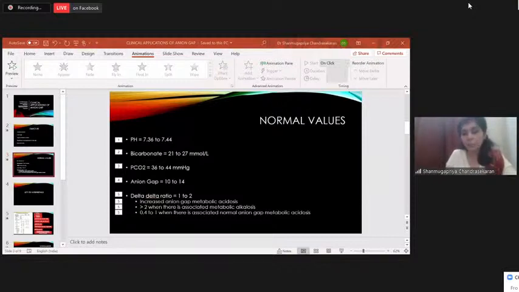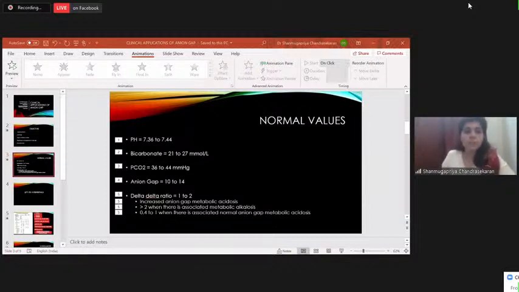And what are the 2 causes of drop in pH? There can be a drop in pH whenever there is a decrease in the bicarbonate level in the system, because you all know bicarbonate is a buffer which is supposed to buffer all acids. So suppose the body does not have enough bicarbonate, all metabolic acids accumulate. So that's one cause of acidosis. Another cause of acidosis is accumulation of carbon dioxide, because carbon dioxide reacts with water to give rise to carbonic acid. That's an acid, right?